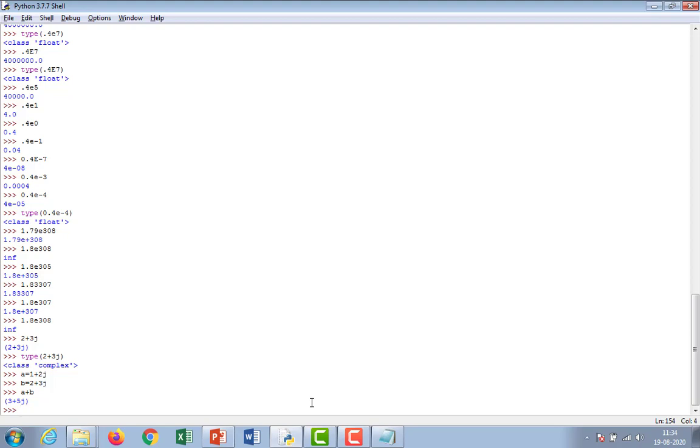The string type in Python is called str.